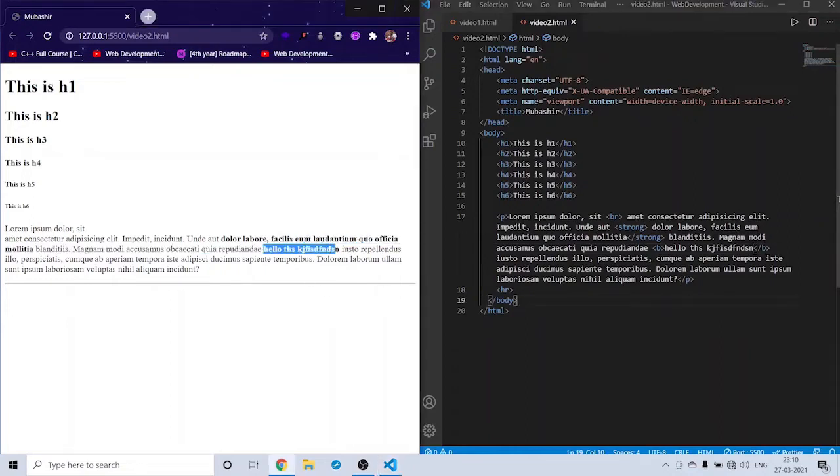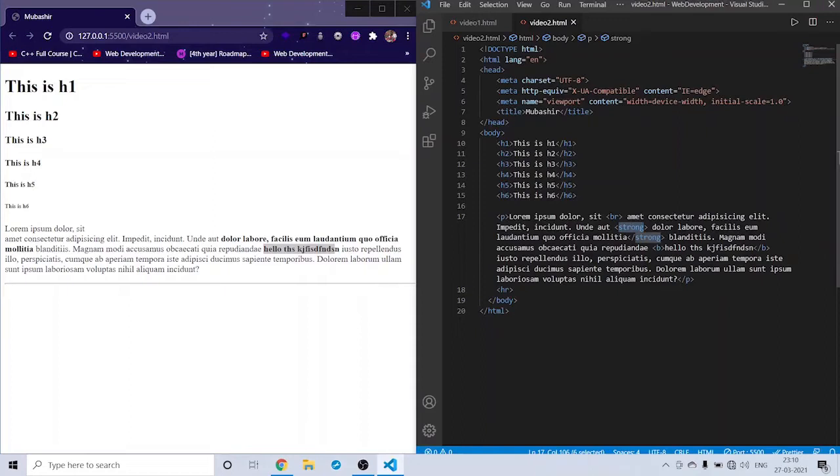So the main difference in using strong tag and b tag is, strong tag is used to identify the important content in the web page. Okay, so the browser or the Google algorithm will be able to recognize, okay, as this is strong, this might be some important content here. And the b tag is just for the styling purpose or drawing the attention of the user.